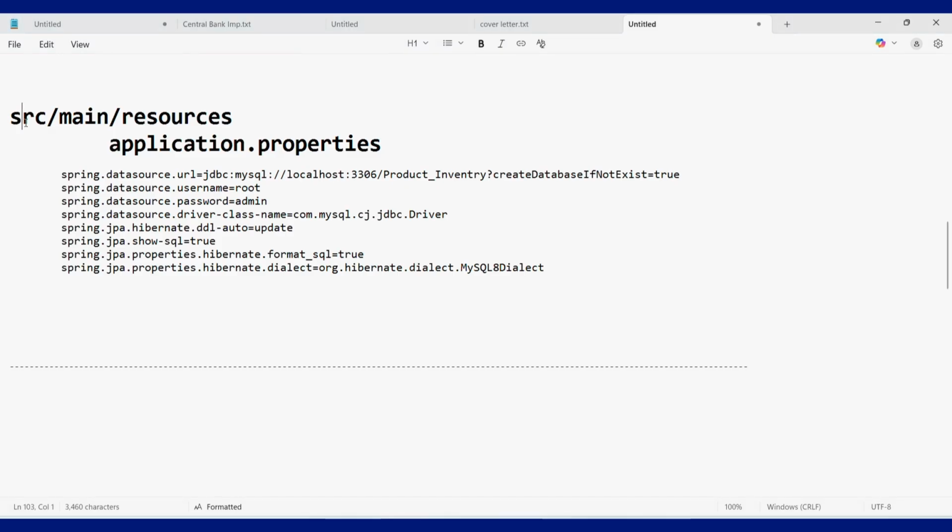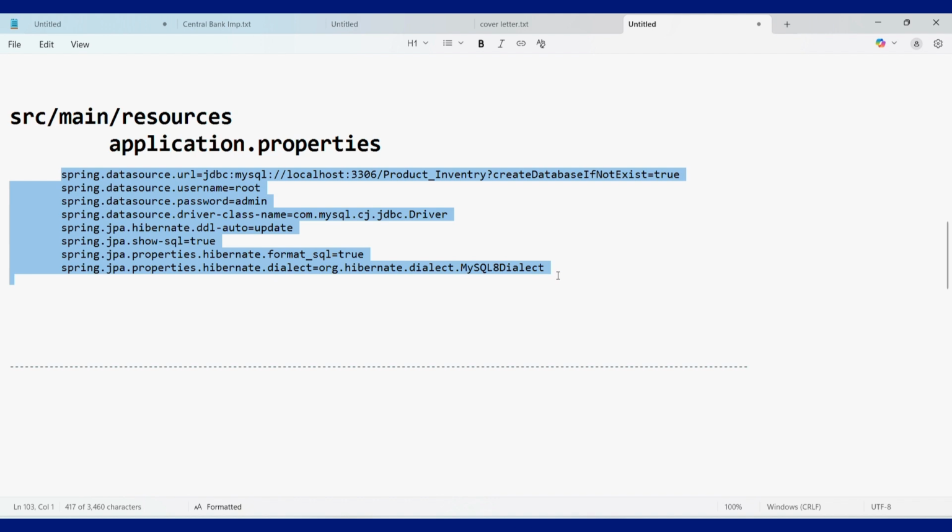Inside of src/main/resources, we have application.properties. This is the configuration file of the SQL database, or any database you can configure here. To configure that, we need these kinds of things. That means we need a